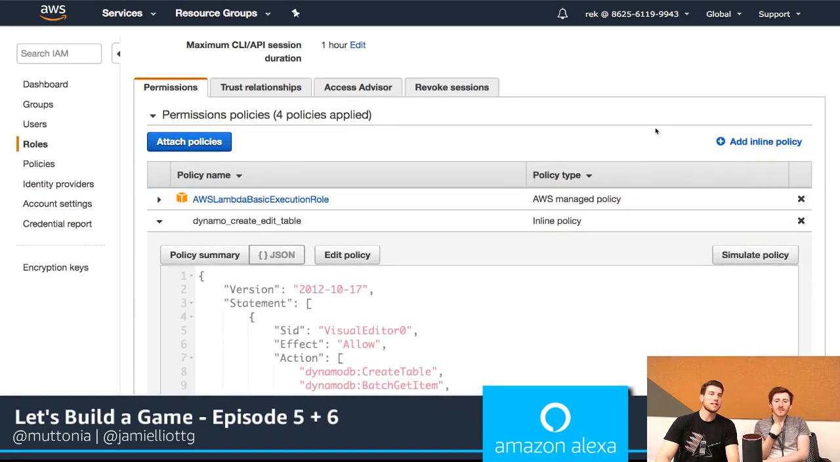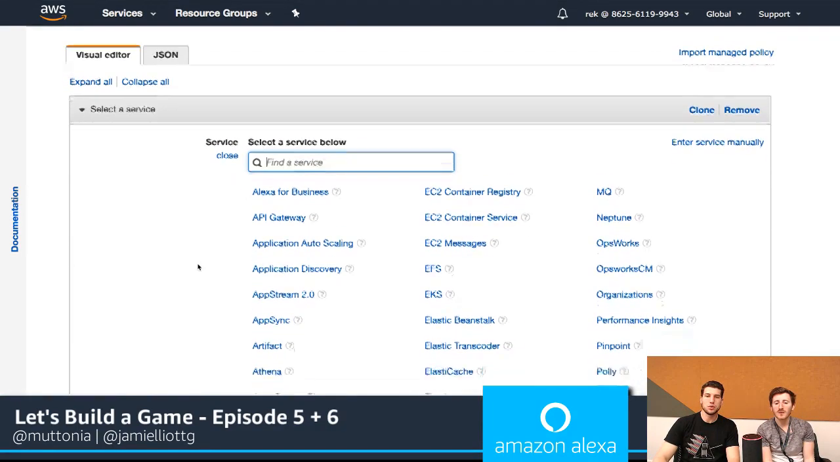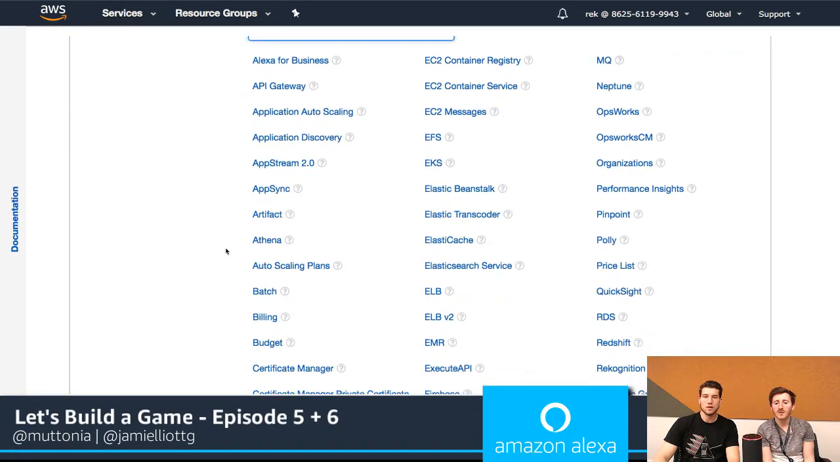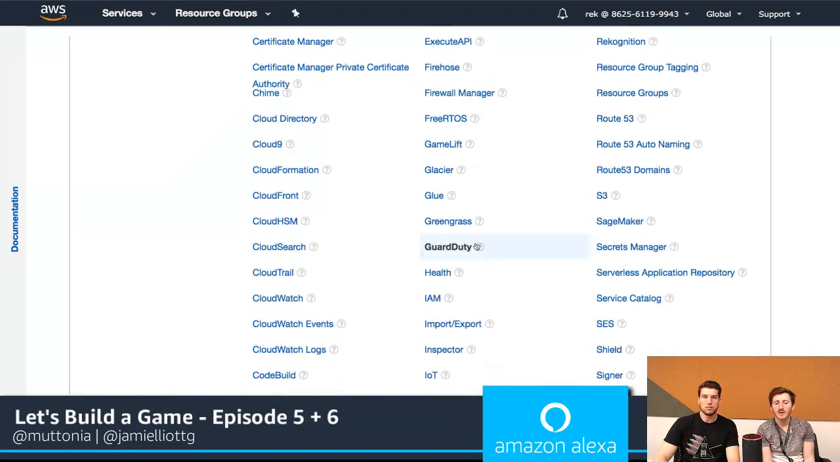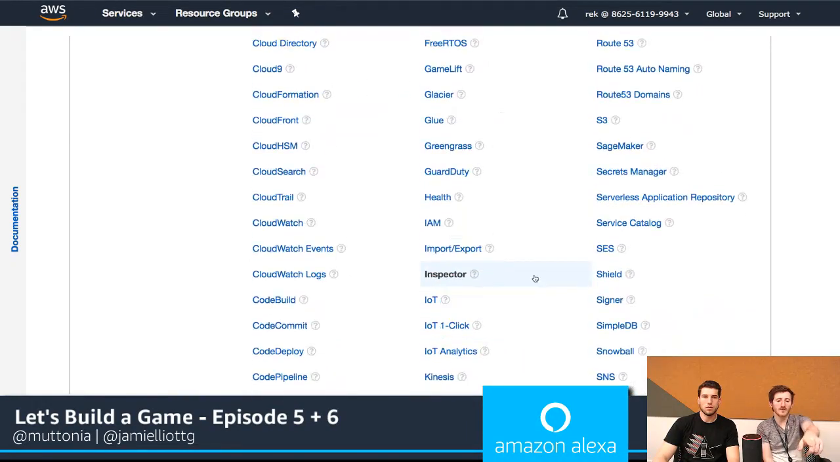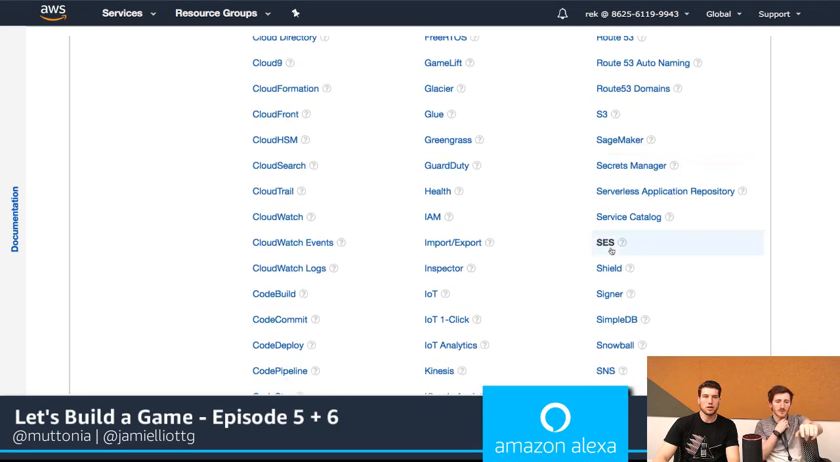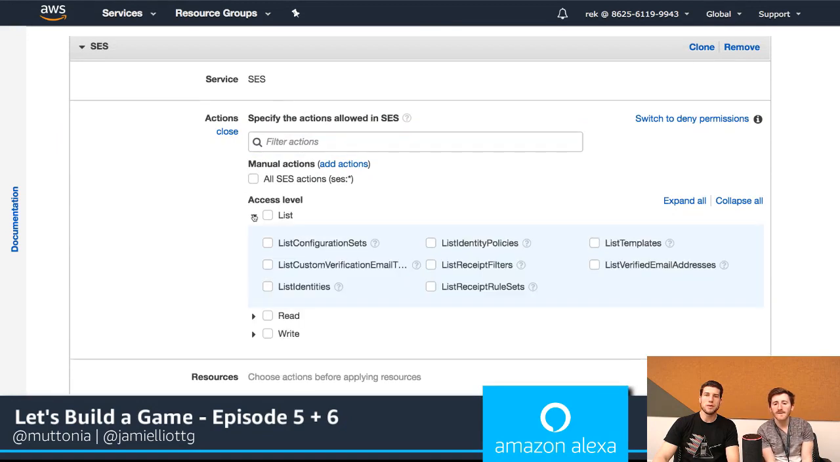So let's say we wanted to add access to something else. Let's say we wanted to add access to another service. Let's see, we wanted to add access for a Lambda to, for some reason, SES. Where do you see it? So, down. SES, right. You see, you just choose the service, and then here are all the permissions associated with